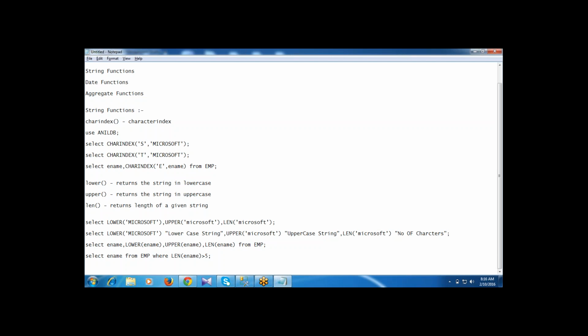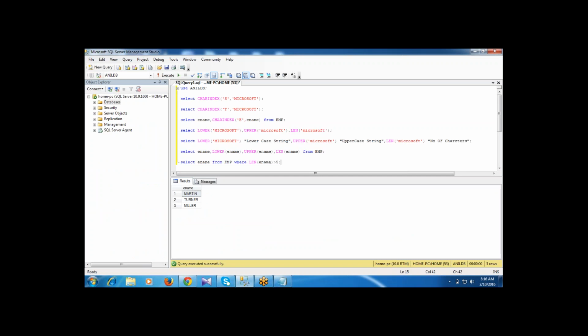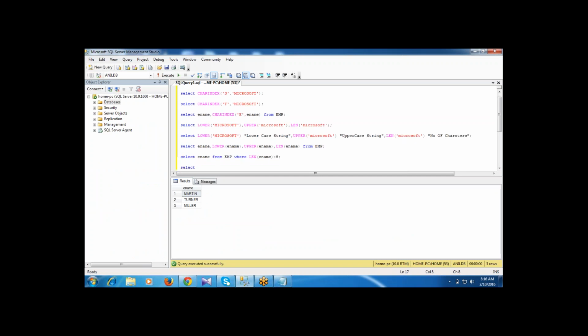Now, I have a question. Yes, Mahendra: what is the use of the AS keyword in SQL? The AS keyword is an alias name. For example, given the employee name, lower of employee name, if you want to write the alias name, then I have already written the alias name with spaces. Some people will use the AS keyword. I am displaying the lower of ename, or I am displaying the employee name column as employee name from the EMP table.